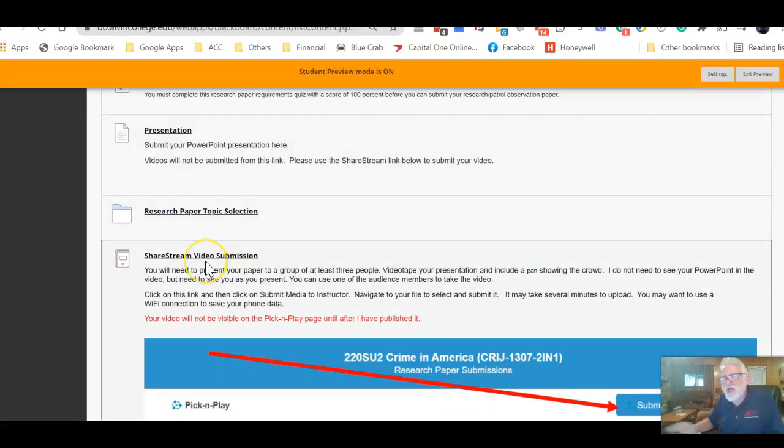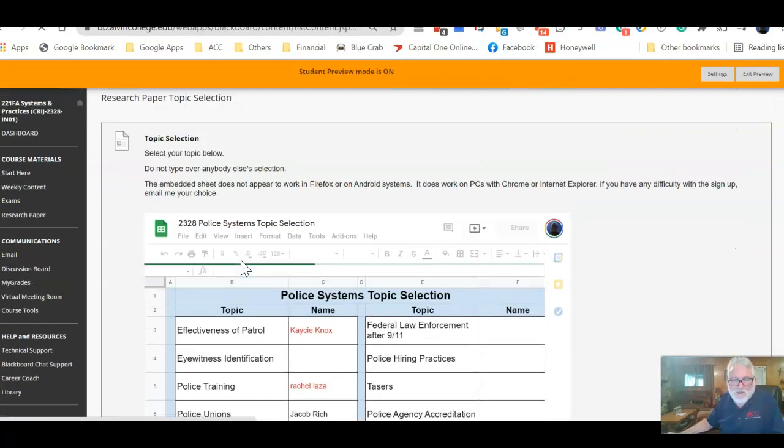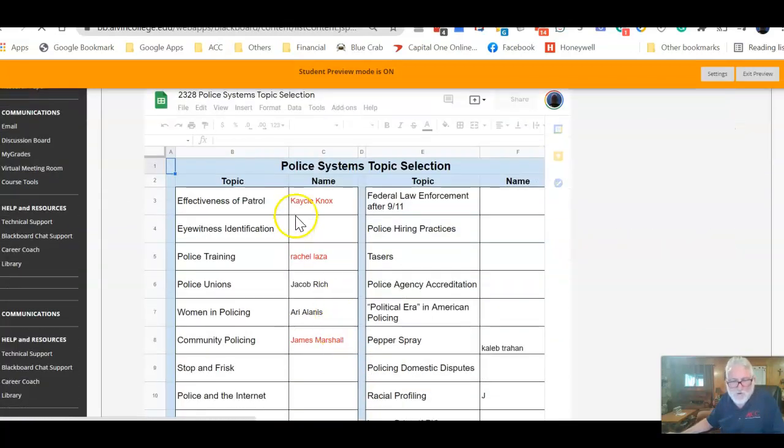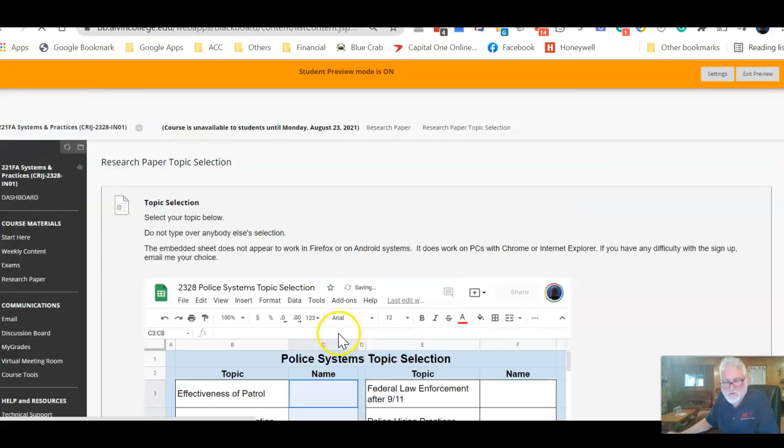Now, you don't have to necessarily determine whether you're going to do a patrol observation or the standard research paper. But for the research paper, the names that are here from last semester, I will pull those out while I'm on here.